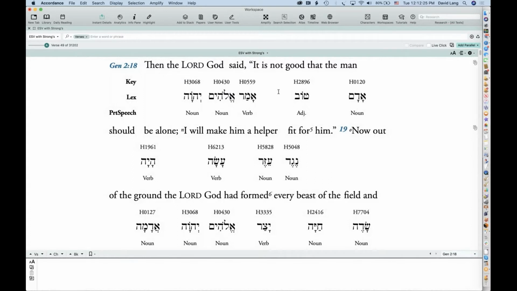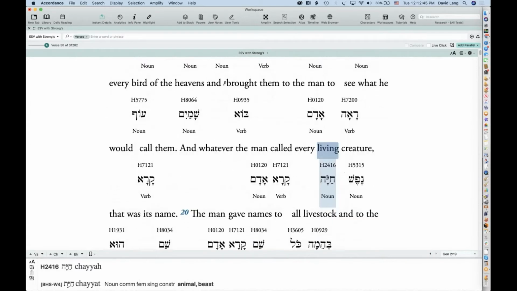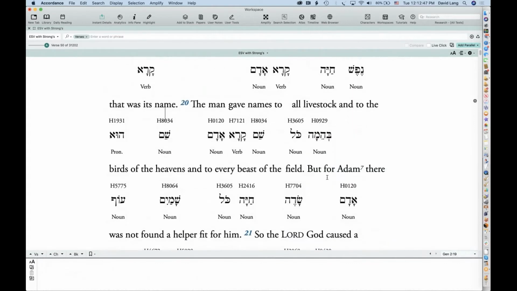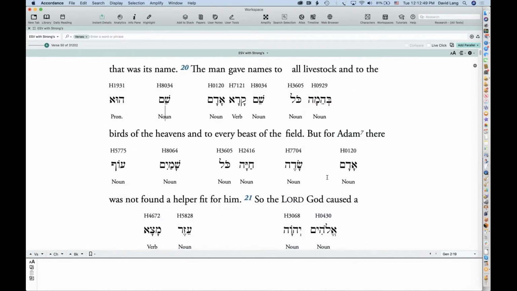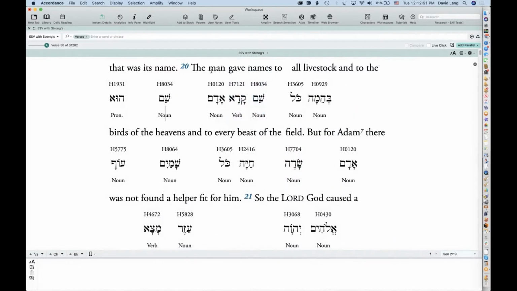And notice that, again, it's only the keywords that are tagged with Strong's numbers. This is one of the limitations of the Strong's numbered text: they're basically doing nouns and verbs, not always particles and prepositions and so on. So if we go down to, for example, Genesis 2:20, the man gave names to.